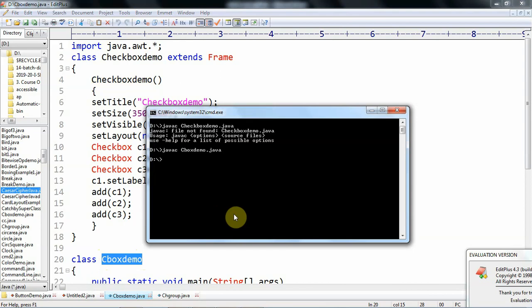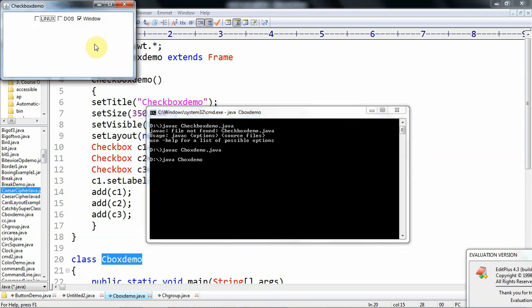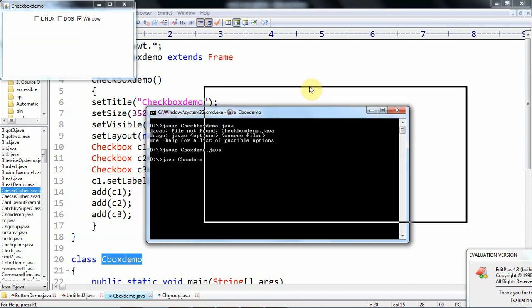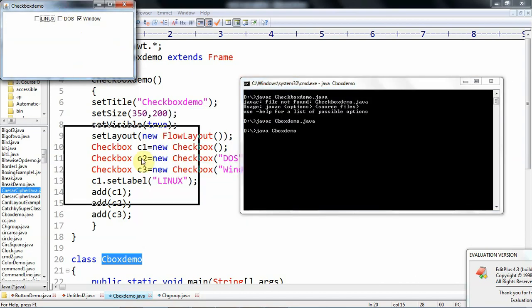Program is successfully compiled. Then we need to run, because this is application, we need to run by using java, not with appletviewer. So then a frame window is created.